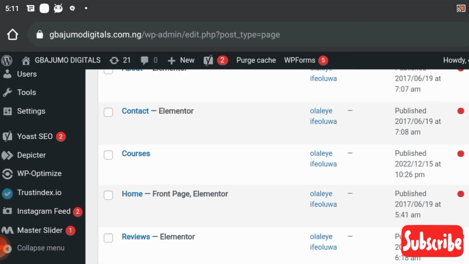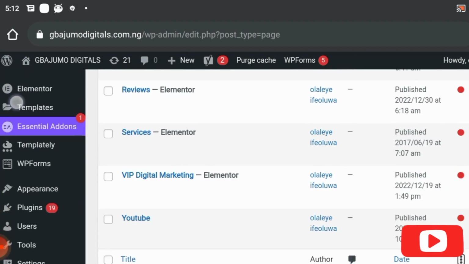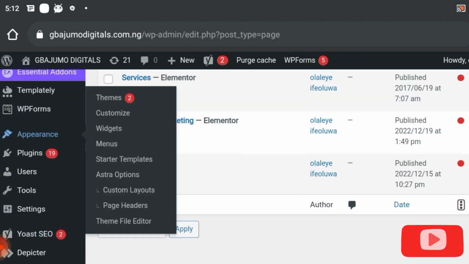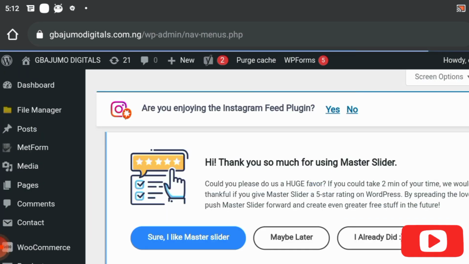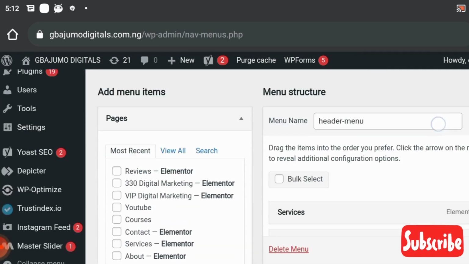After seeing the pages, you can come to appearance again. This is quite a lot. If you want me to do the website for you, you can come to me. Just come to menu. If you want to rename your page and other things like that, come to menu. Then when you get to menu, you can